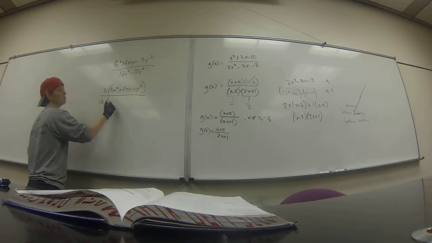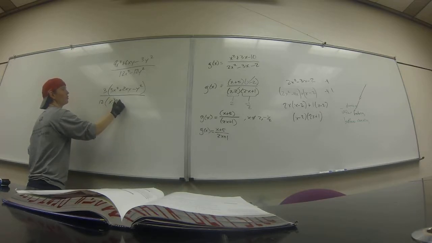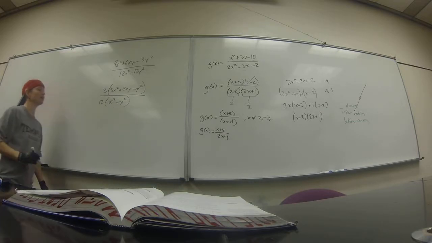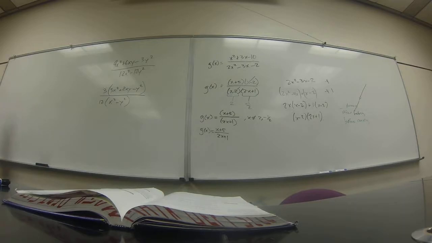And x plus y, x minus y. Alright, we'll get to that one next. You're right, that's the difference of squares, that's what it turns into. Question, right now, is it legal to cancel? Yes. The 3 and the 12, yes, because they're out of the parentheses and they're the same term, right? Alright, so it'd be 1/4. You're right, that reduces to 1/4. And it is legal to do that because on the most zoomed out scale,